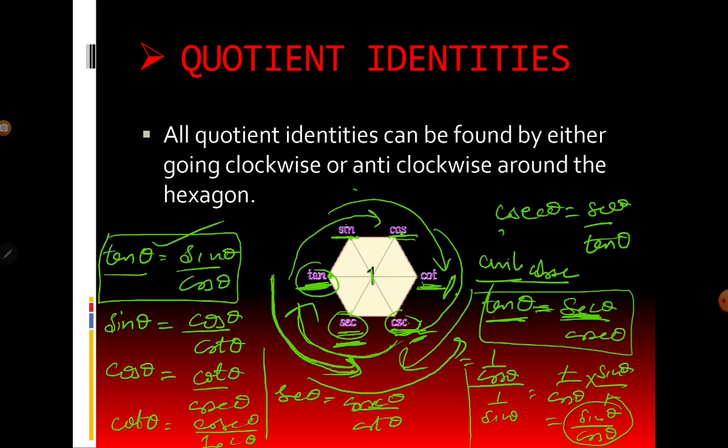Again, if you come down, you take these three functions: sine, tan and secant. Then sin theta is tan by secant. Again, if you take these three, the pattern will be the same. Cos theta is sin by tan. Then cot is cos by sine. So by using this clockwise and anti-clockwise direction, you will get 12 formulas, only by one hexagon. So this is why it's a super hexagon.